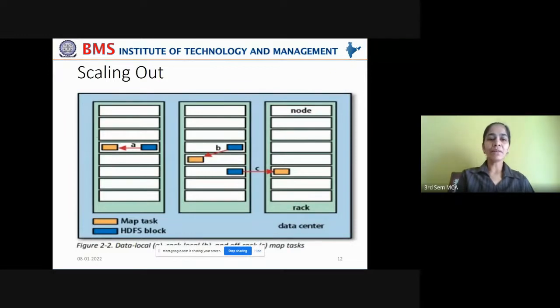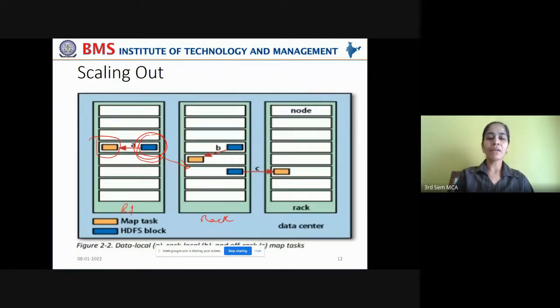So you can see here the map task is now ready to be executed on a data node where the HDFS block is residing. Now, if it finds that the map task cannot be assigned to that data node because it is busy executing other map jobs, then it will try to find another data node that is free on a different rack.